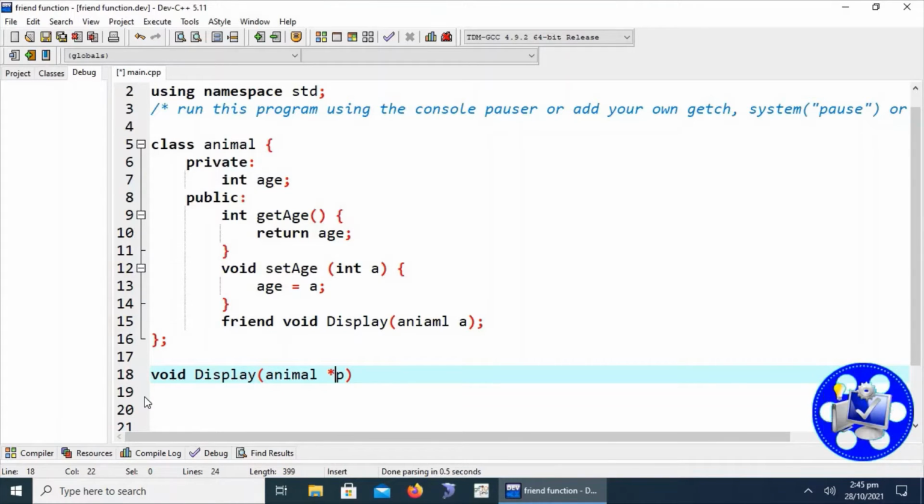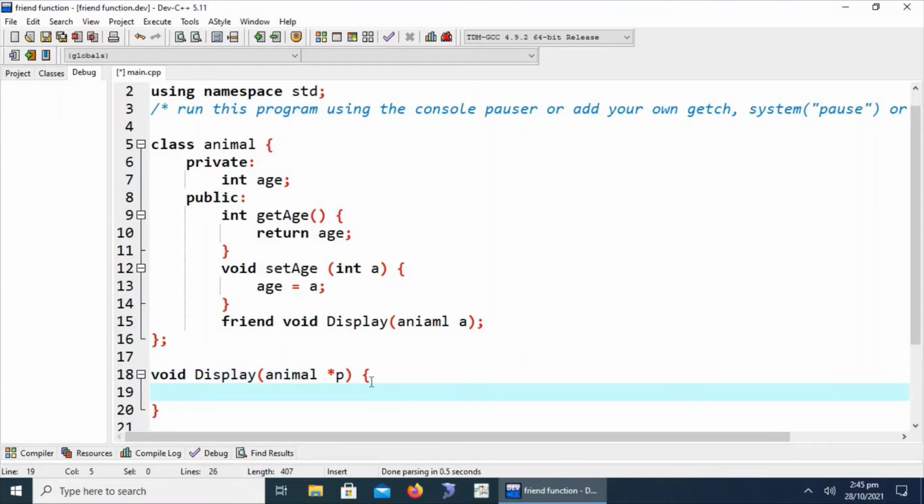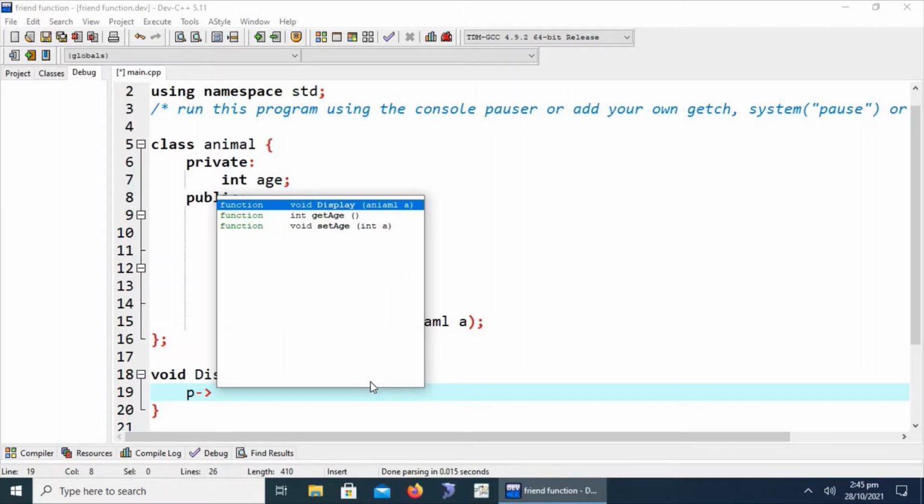Here that is an important point we have to consider. We are going to pass the object of animal class as the pointer because we want to change the private members of the same class. In void display definition of the function, we are going to change the private member.